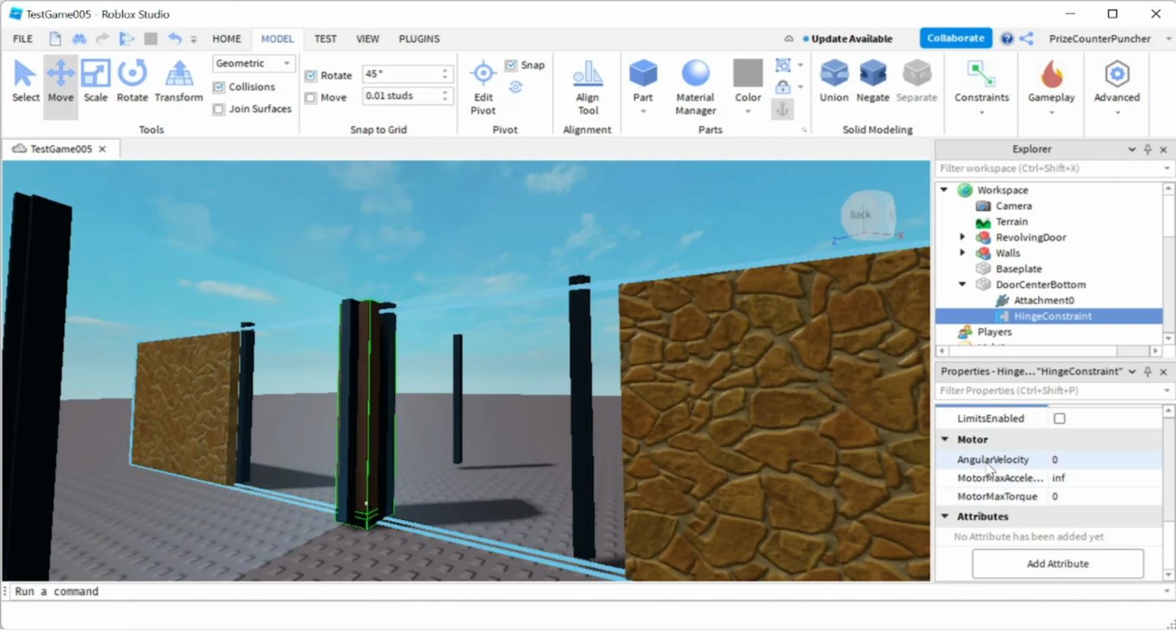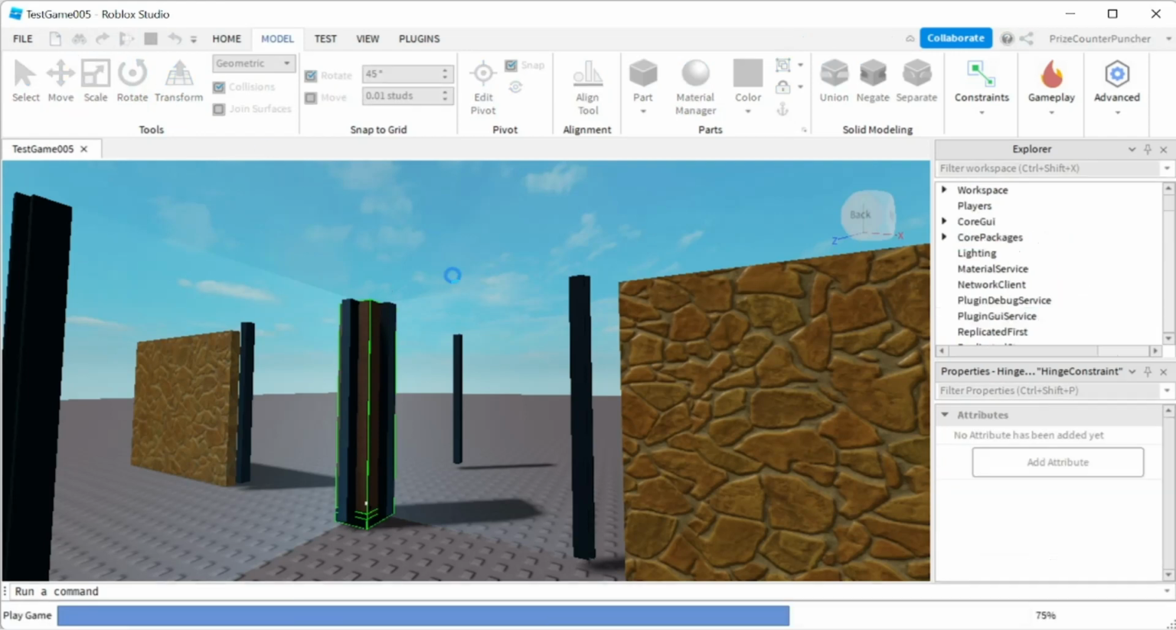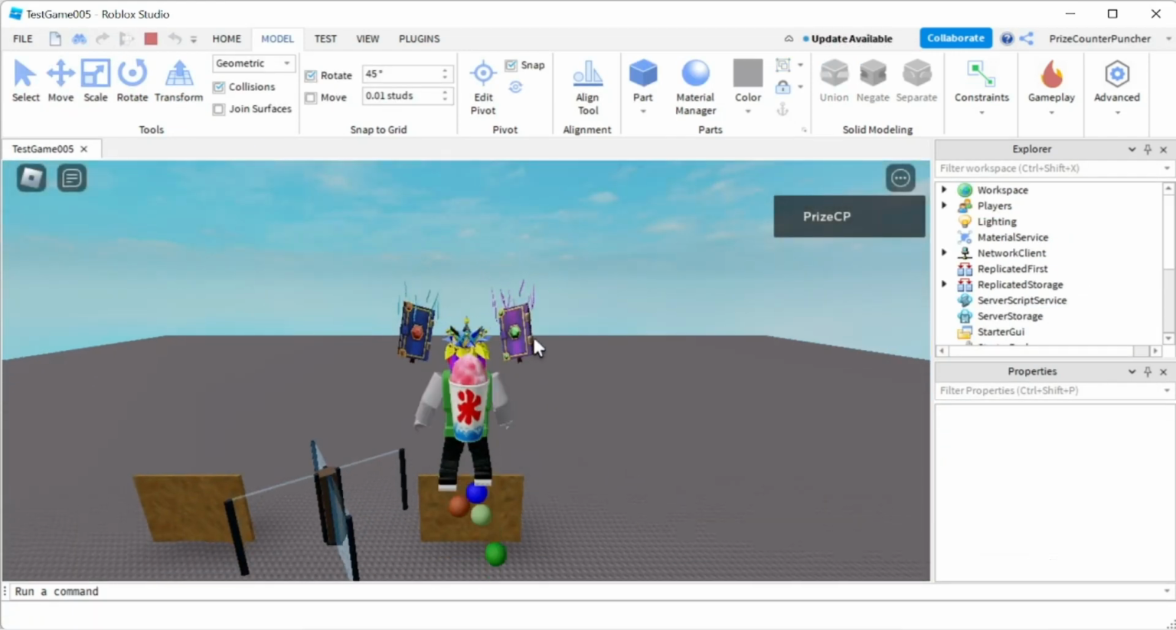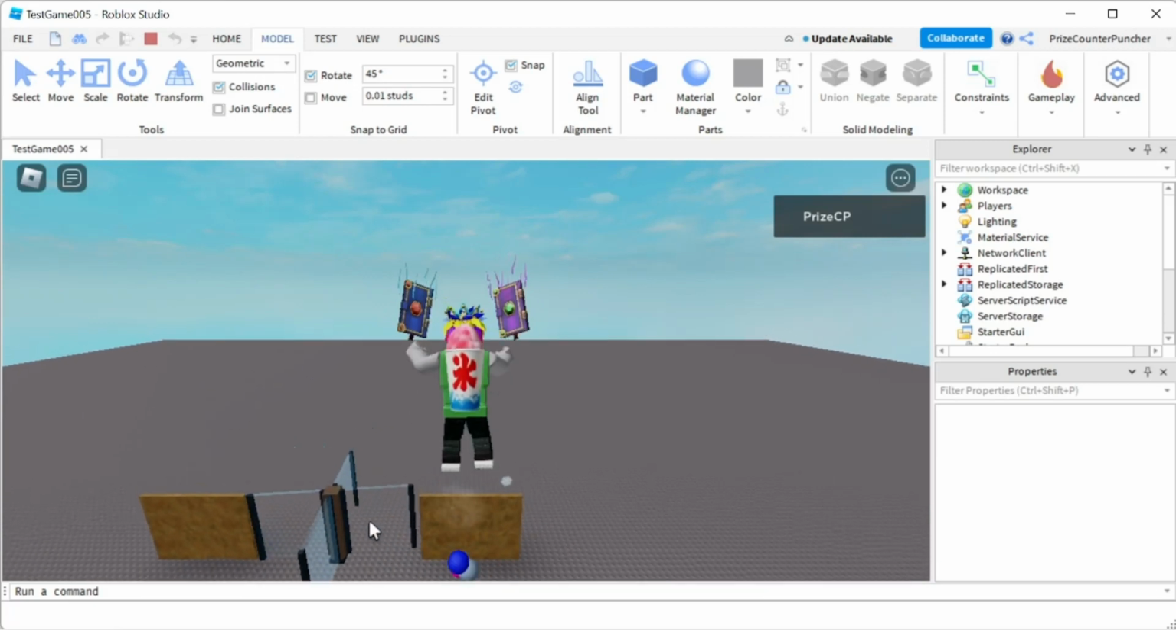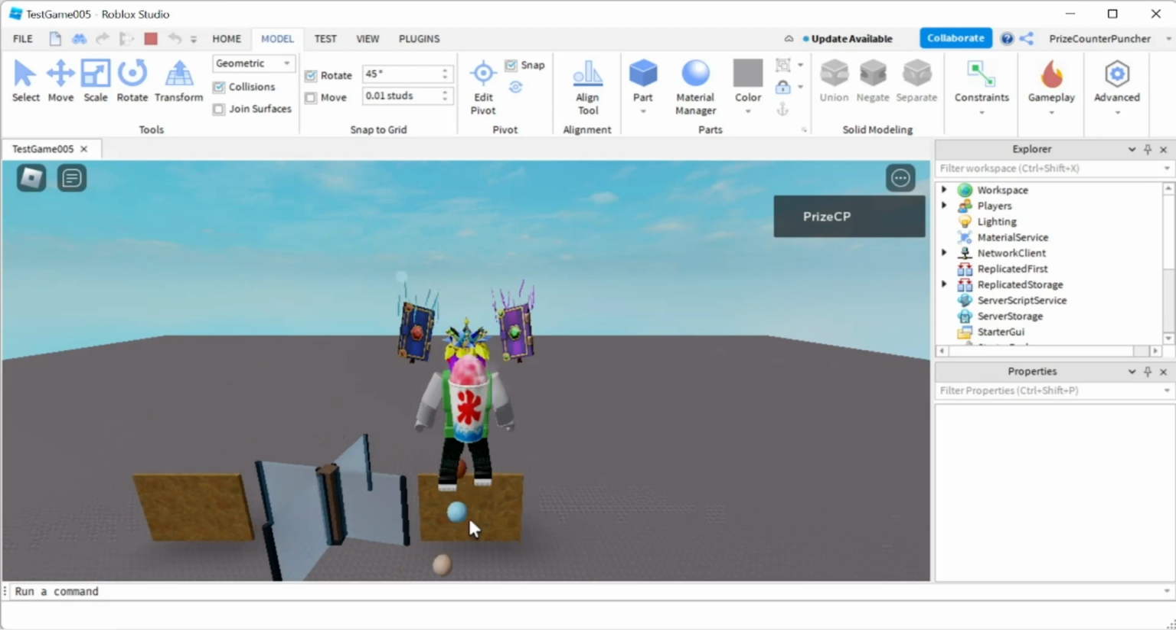We're going to play around with AngularVelocity, and that is how fast the motor is going to spin. So let's try 0.5 for that. And the MotorMaxTorque is how strong the motor is going to be. We want our motor to be extremely strong, so I'm going to make it 1 million. Let's now play and take a look. And there it is. You can see our revolving door is rotating,